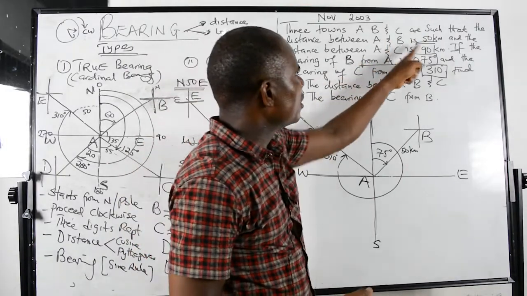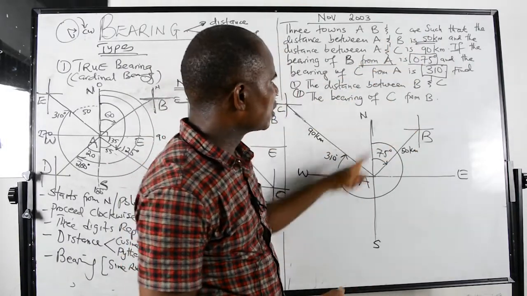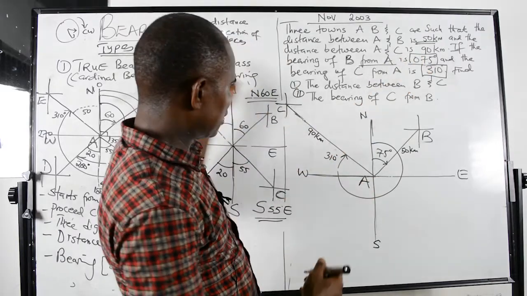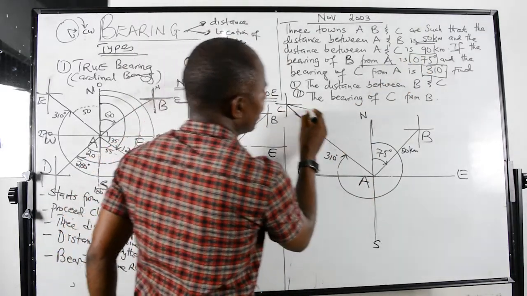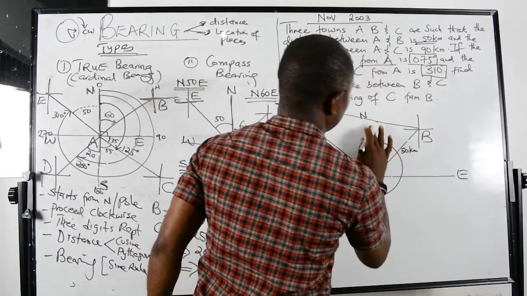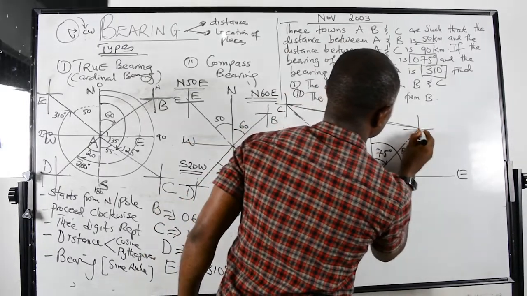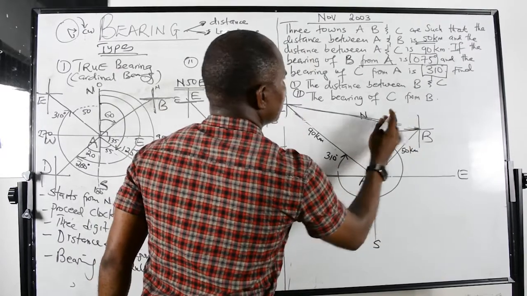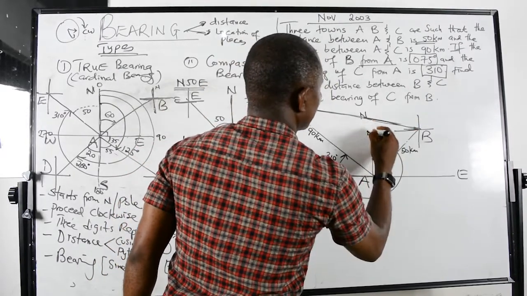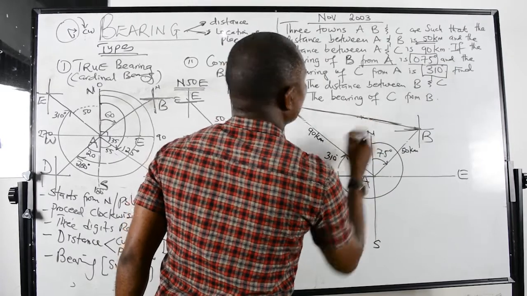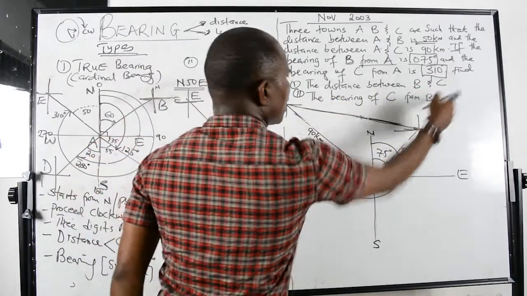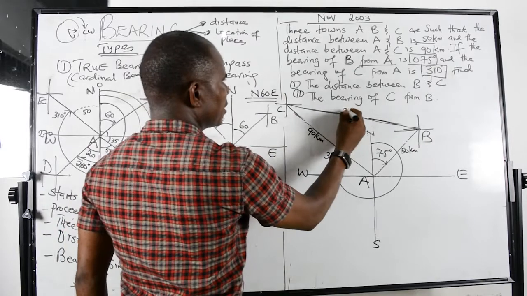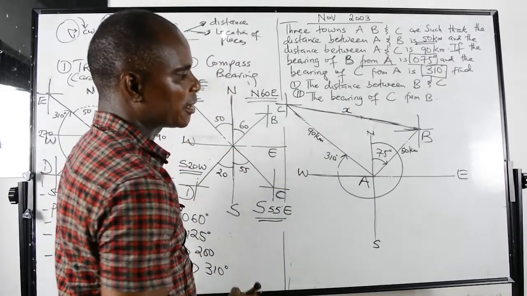Your diagram must rhyme with what is in the question. The distance AB is 50. The length 50 must be shorter than the length 90. They say find the distance between the two of them. So I locate a point there. You can find out that I have located this is N. So this goes there. Now it says find the distance between B and C. That distance is here. Let me call it X in that case.